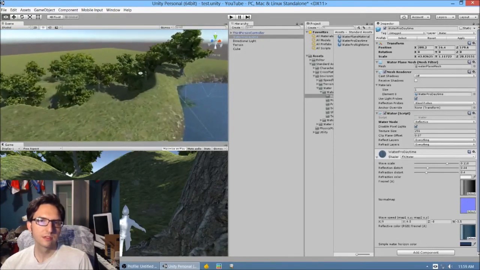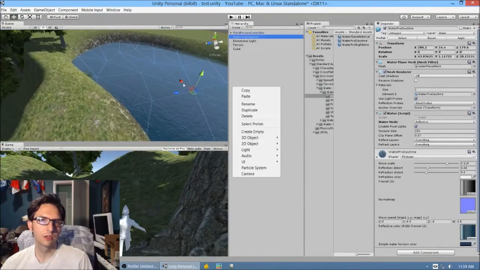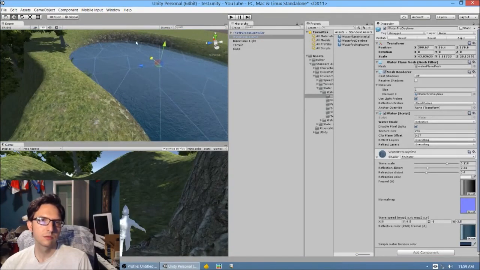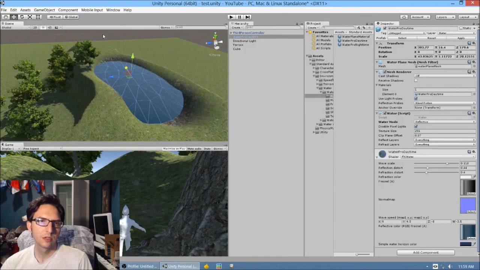This is cheaty water. Whoosh. And then we'll scale it. It's probably not the way you do this. There's probably a better way to do this, but